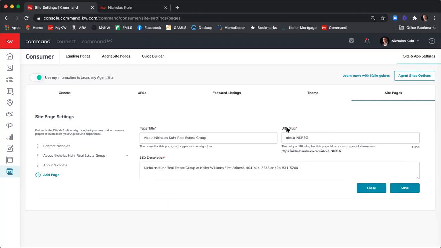All right. So I mentioned earlier that if you have a really long bio, when you're going through the Kelly guide, it's going to limit the number of characters that you can have for that bio. But you probably actually want to use that entire bio. So I want to show you now how you can go back and edit that About Me page to include that full length bio. So what you're going to want to do if you want to edit any of your